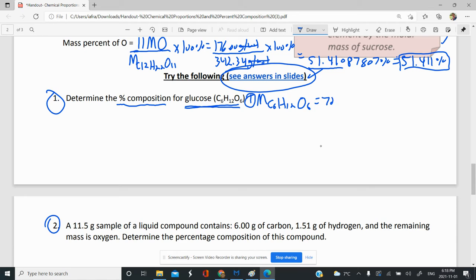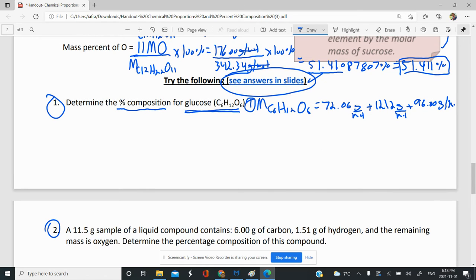So that's 72.06 grams per mole, plus 12 times 1.01, which is the molar mass of hydrogen, but there's 12 of them in there. So 12.12 grams per mole, plus the molar mass of oxygen times 6. So 6 times 16, 96.00